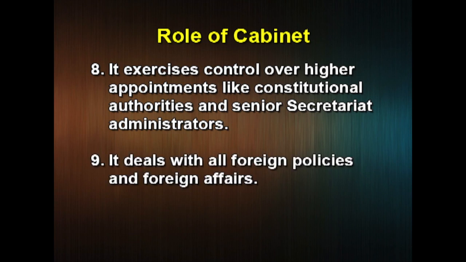It deals with all foreign policies and foreign affairs. In short, the Cabinet not only executes the policies but also provides leadership to the legislature during legislation. It is thus the link that joins and the buckle that fastens the administrative and the legislative arms of the